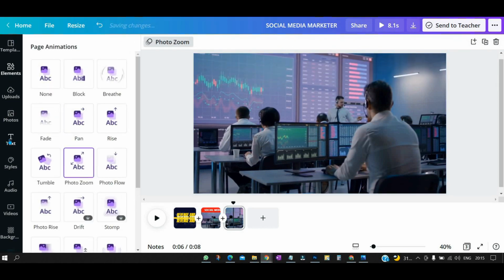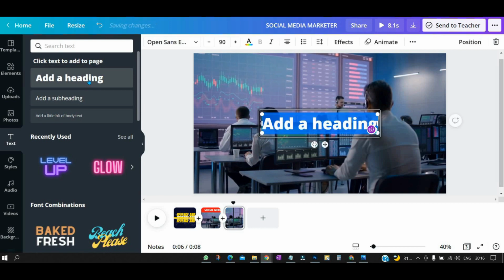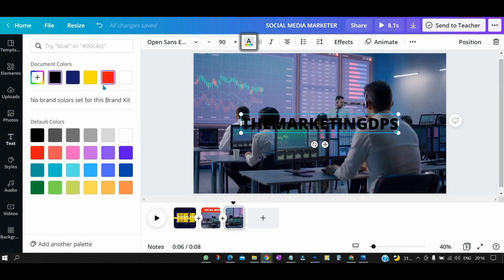Okay, so I will write another text right over here. So let me write the text, the marketing DPS, and let me change the color of it. Let me change this color to red, and you can see it is applied.